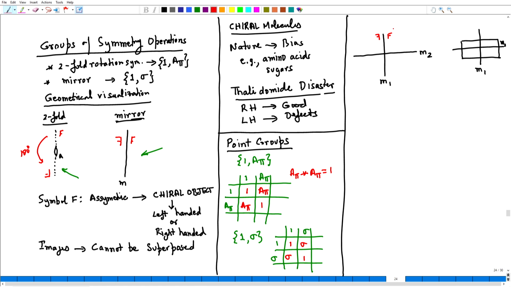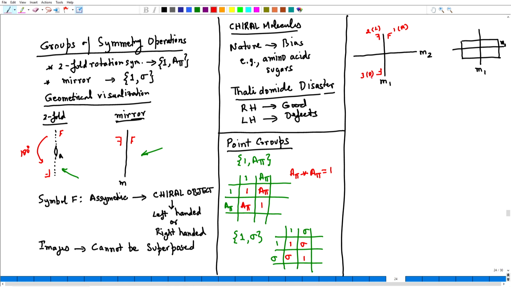So, let me call this object 1, and let me call this right handed. Then this becomes object 2 and the handedness has changed, so I have denoted it as L. Now, let the mirror M2 reflect the two objects. Let us reflect the second object first; then the second object gets reflected as object 3. Since object 2 was left handed, this will become right handed.